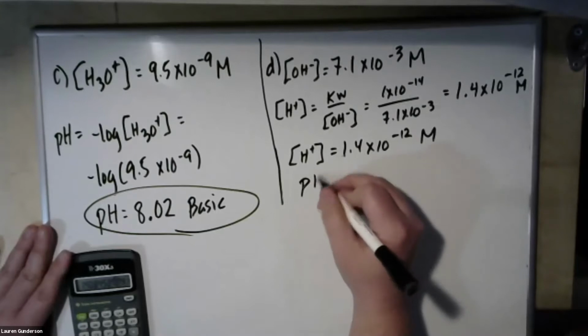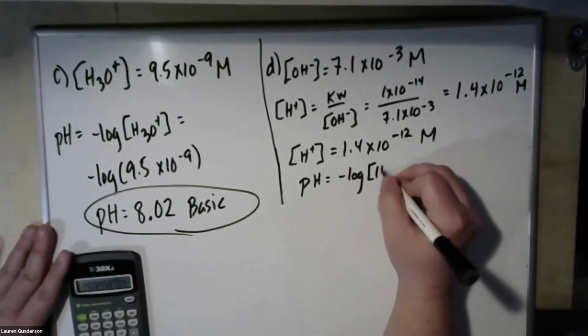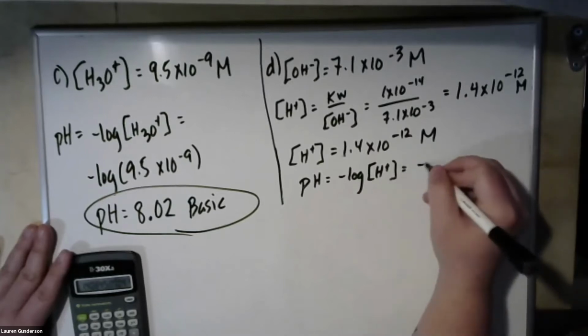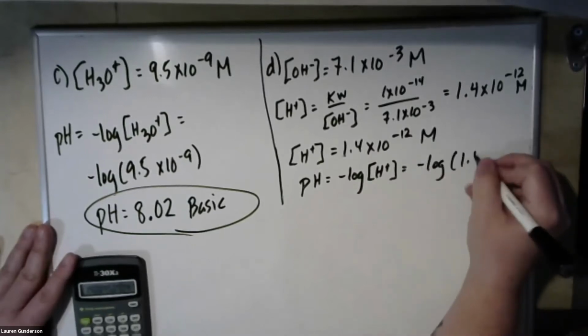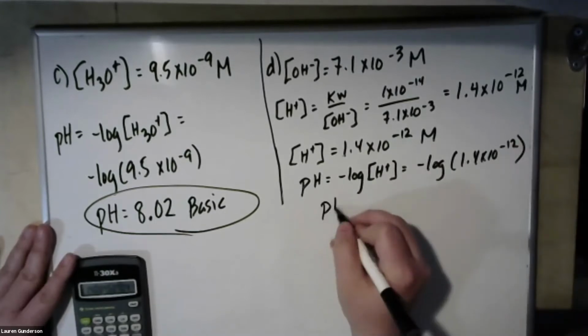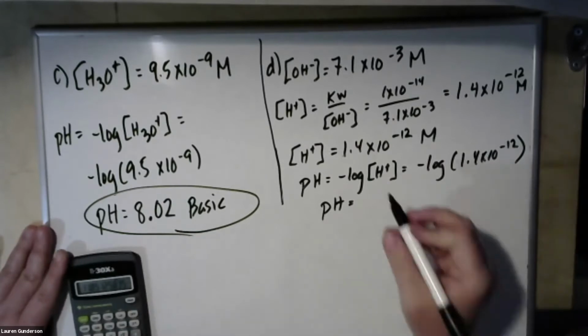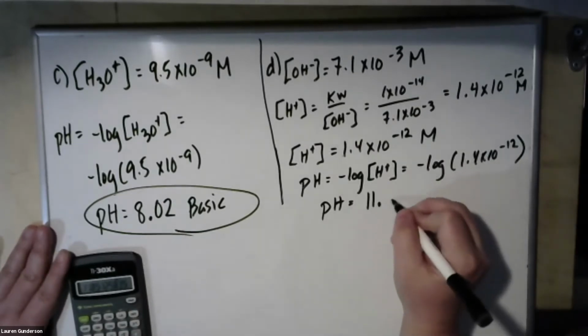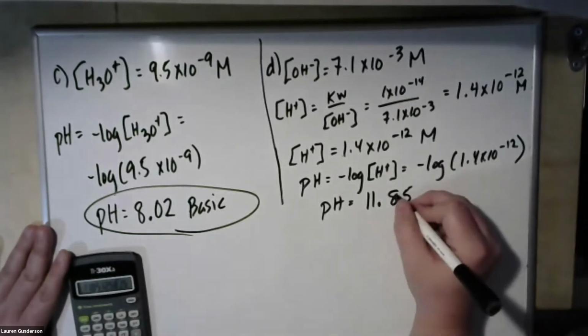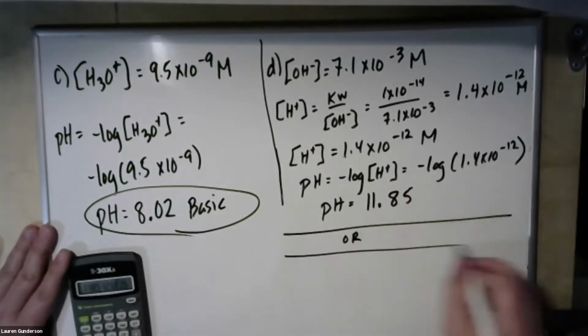We can find the pH from that. We get a pH of 11.85. Or